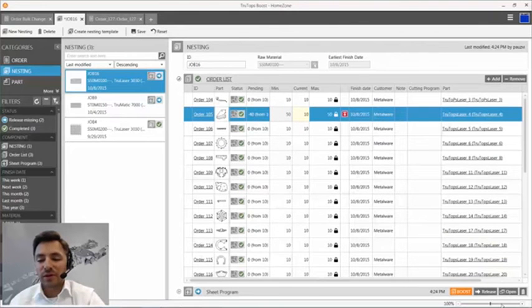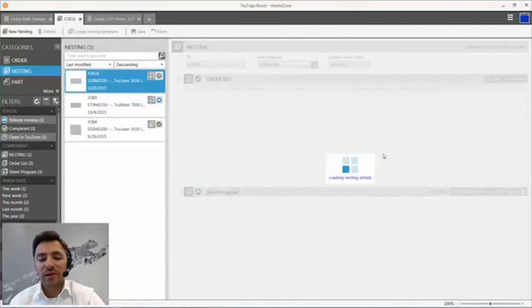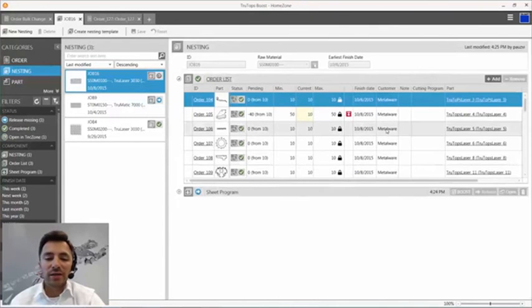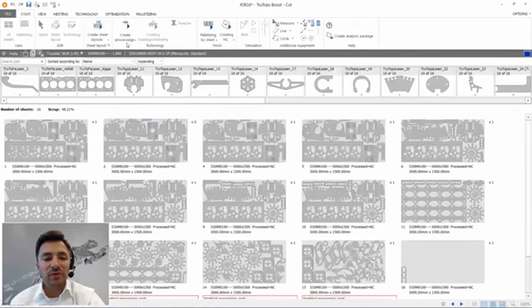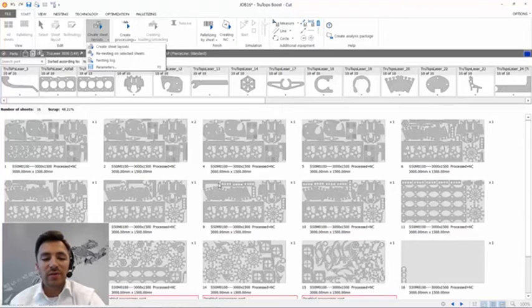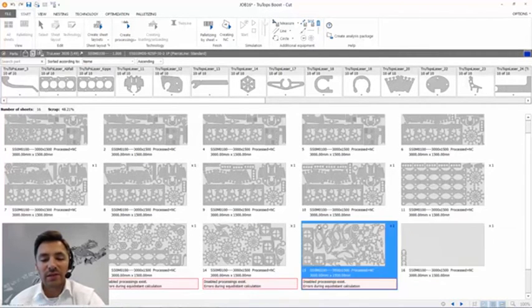Of course, I open up the sheet program within the Texon Cut, and what I do next is I just go to start and re-nesting on selected sheets. So I can basically select any sheet